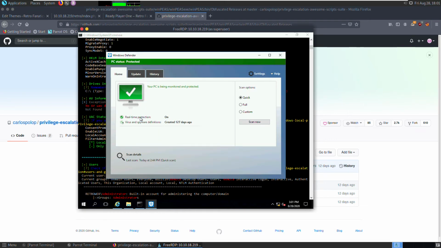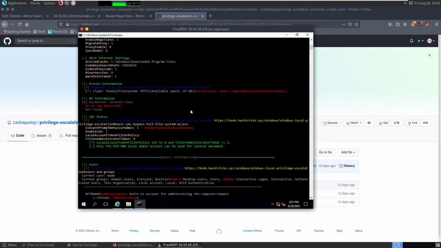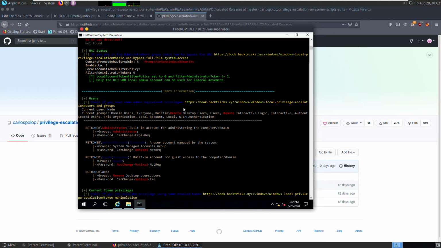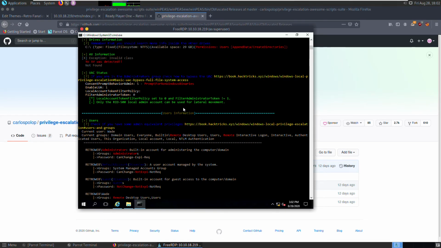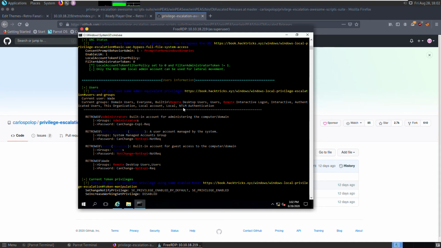So as you can see, we have real-time protection turned on, and it's up and running. So that's another reason we've got to be careful about choosing kernel exploits, because usually the antivirus solutions will have a signature match, which will prevent us from successfully exploiting it. So another reason why we have logged in via RDP instead of doing a remote shell via